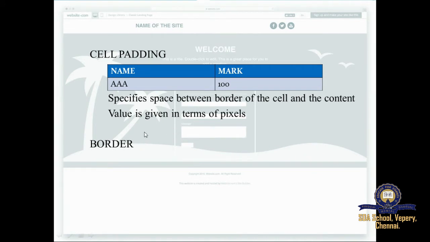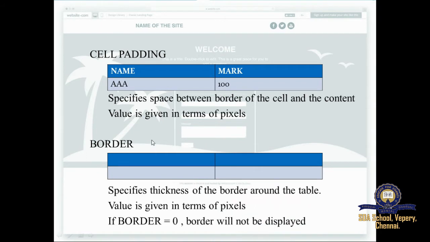And then the border. Border is nothing but the thickness of the border around the table. So it is the margins around the table, the outer and the inner specifications. That is represented using your border. This value is also given in terms of pixels.